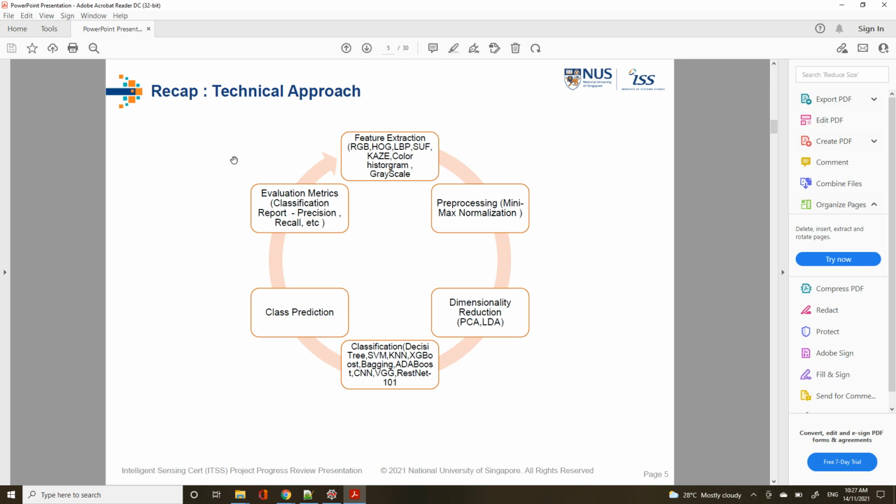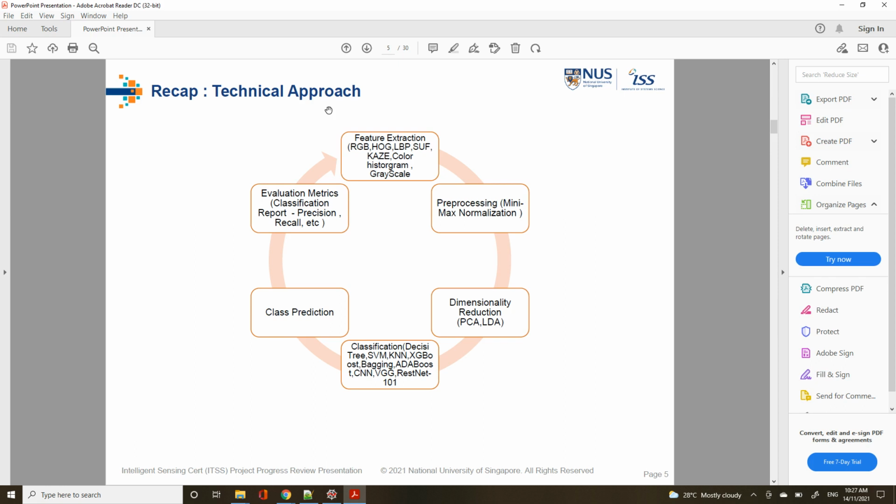So the technical approach: first we need feature extraction using HOG, shape, histogram, and grayscale, and then preprocessing with normalization techniques, min-max normalization, and then dimensionality reduction. This one is optional, but we can use dimensionality reduction techniques, PCA and LDA.